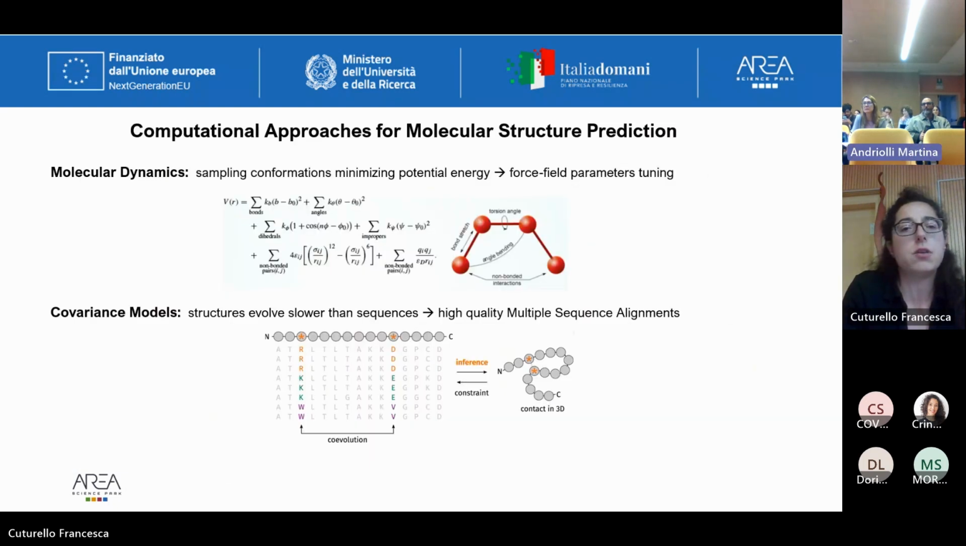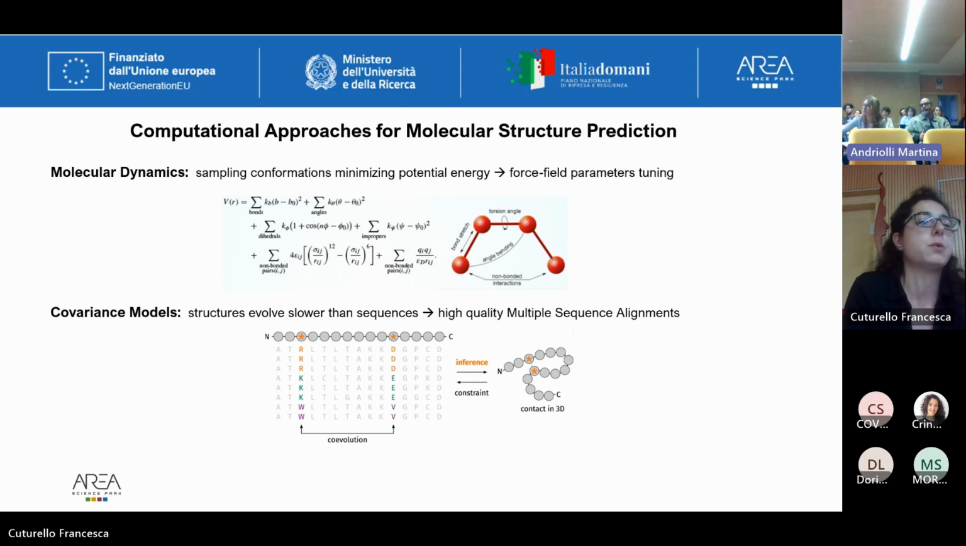And just a little bit of history on computational approaches for molecular structure prediction. Of course, there is molecular dynamics, which consists in sampling conformation trajectories by minimizing a potential energy. Here the main effort is in tuning the force field parameters in order to have a reliable prediction out of the dynamics. And then there are covariance models